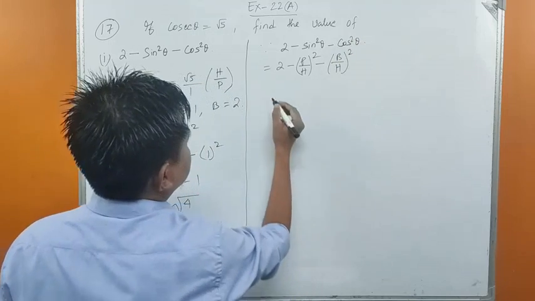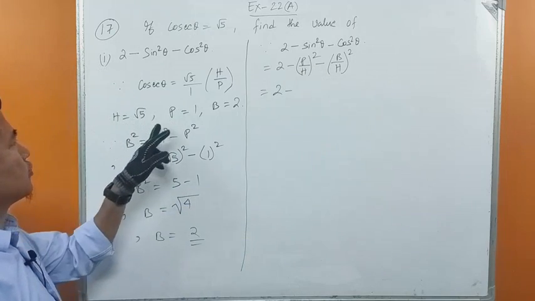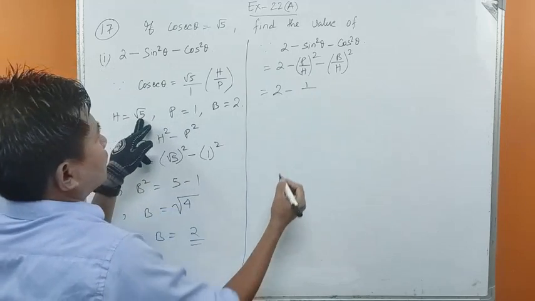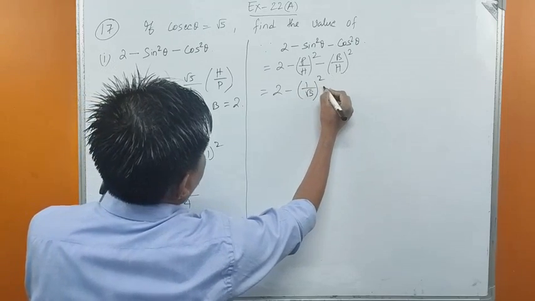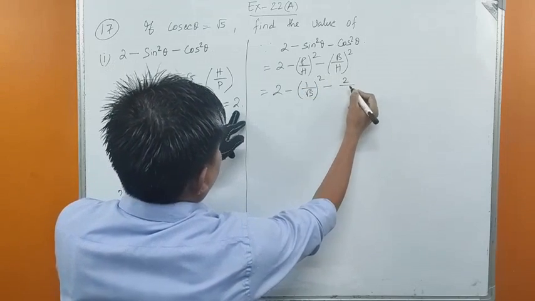We have squared here. So 2 minus, perpendicular is 1, so 1 upon hypotenuse, root 5, whole squared. Okay, minus base, which is 2, upon hypotenuse, root 5,